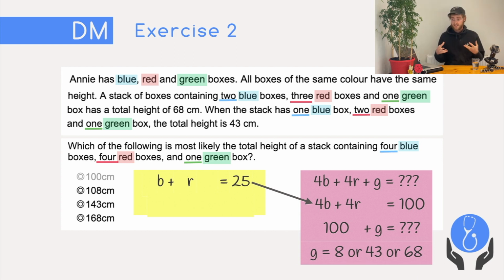And you could just guess at this point. I guess 2 of the answers are close together. One of them is on its own, so maybe you would choose the one that's on its own. But if you look back up towards the question, it gives you these total heights there for the stacks of